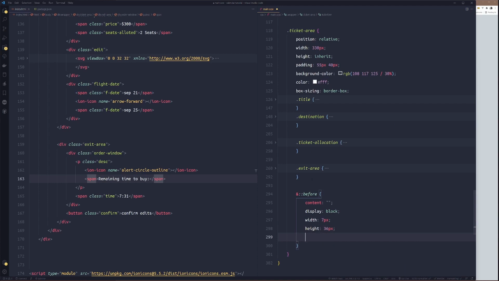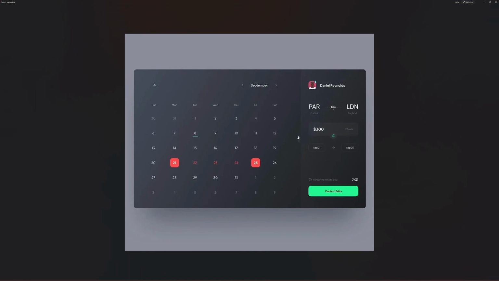Then we'll set border top left radius here to curve just this one and this one, to curve the top here and the bottom here. Then we add our position and centralize.